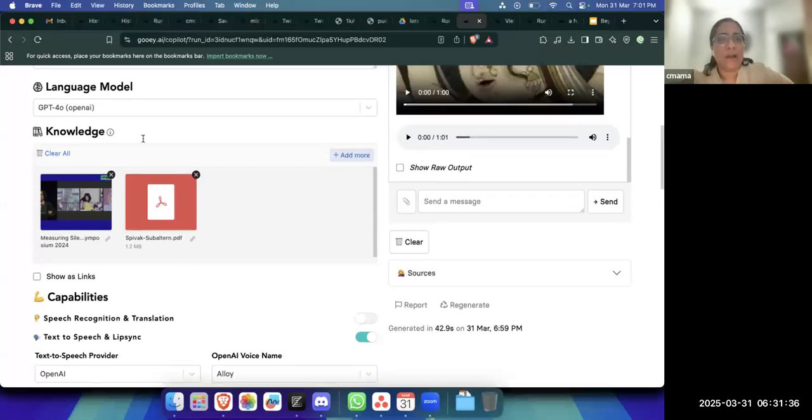So think of this part like, you know how when we use ChatGPT normally, and when it doesn't know the answer, usually it'll say,